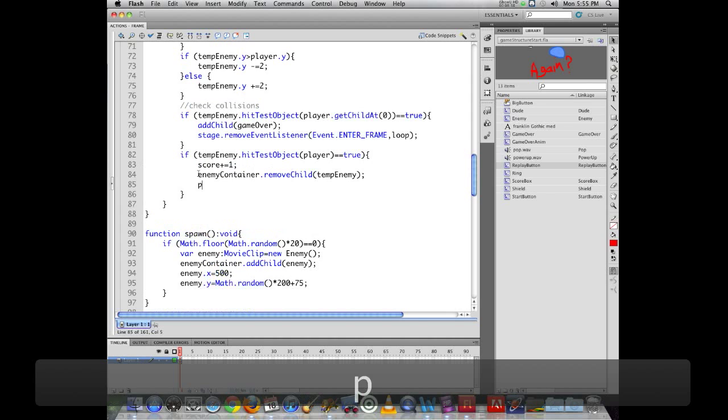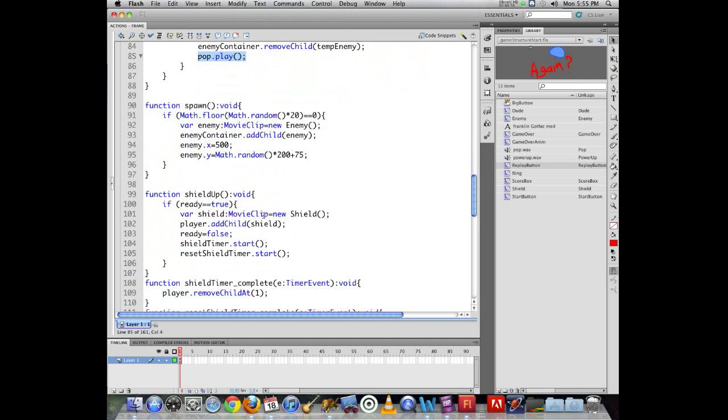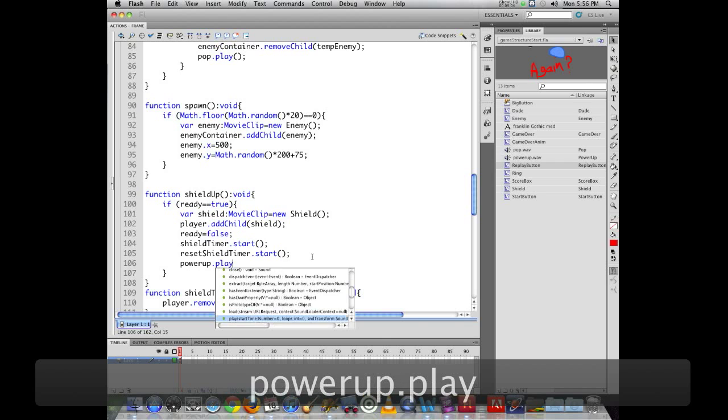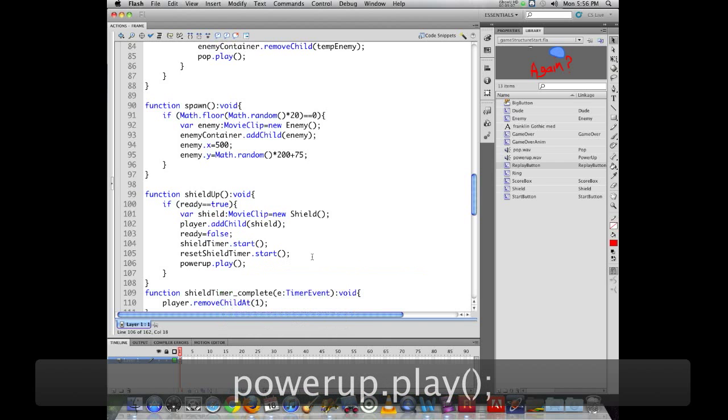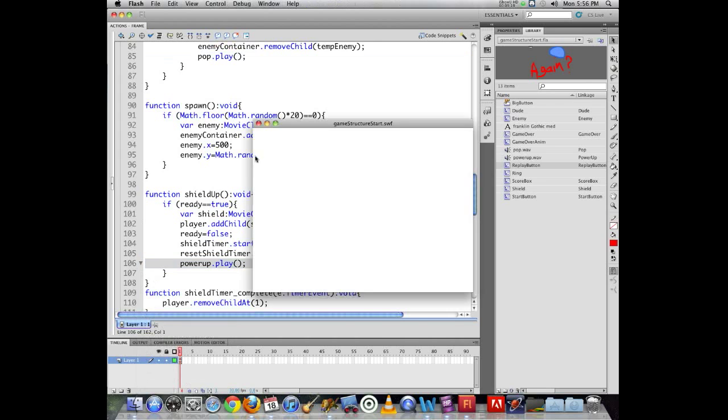So what I can do at that point is say pop.play, and that will now tell the pop sound to play. So every time my shield hits an enemy, my score goes up, it removes the enemy, and it tells that popping sound to play. Under shield up, where I add in my shield and add the shield to the player, at that point I can say power up.play. And those 2 lines, the pop.play and the power up.play, will then tell my sounds to play at those respective points in time, which if we test it now,